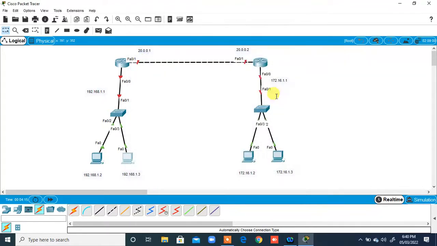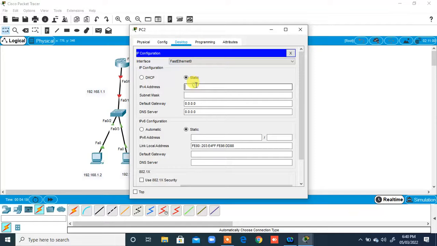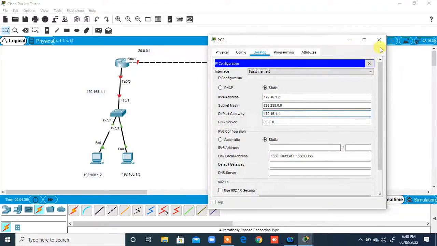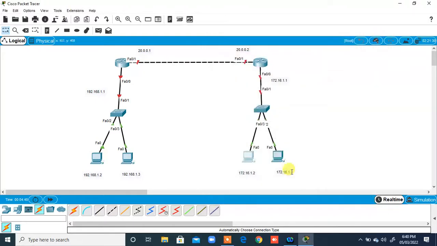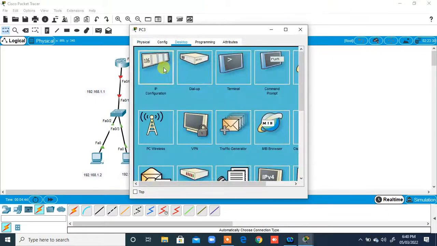So this is done. Let me just come to this network also. 1.2. So this will act as a gateway for my second network also. As you can see this on FA0/0 here, I will be assigning the IP to my router interface. So this is 2.1.2 and here I am going to take